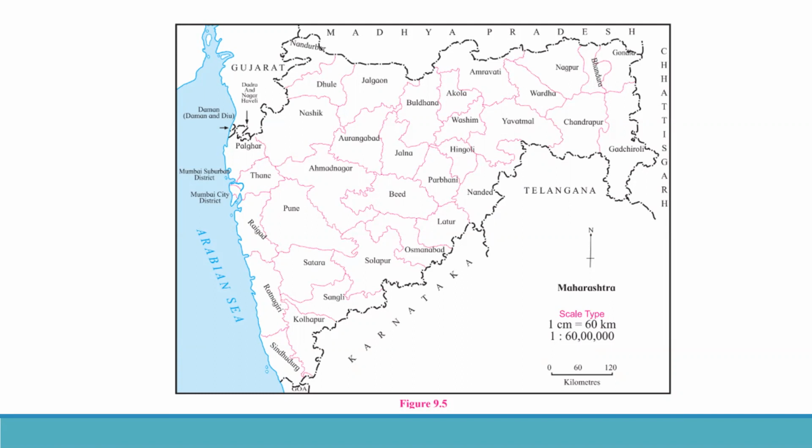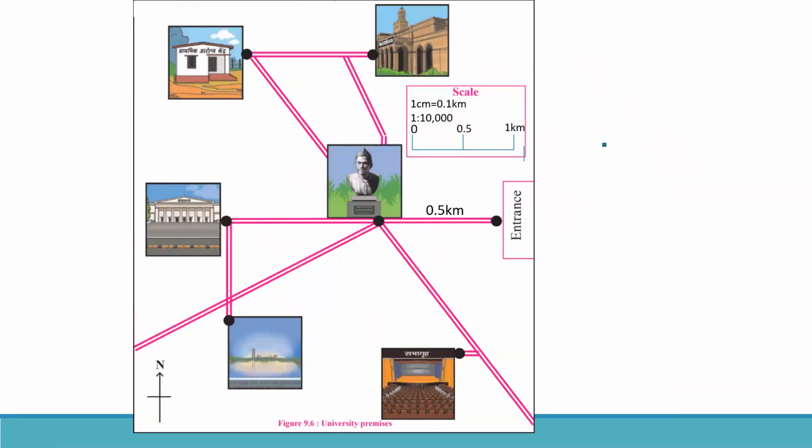What can you see, children, over here? See, it's given here below figure 9.6. It is showing a university premises, university, college. Now there are certain figures shown. If you look at a textbook, they are written in Hindi. Prathamik Arogya Kendra. What is Prathamik Arogya Kendra? It's a health center. Then below that is a library. Next to that, we are going downwards. So you have a health center on top. The second picture to the left is the library. Then the third is the lake.